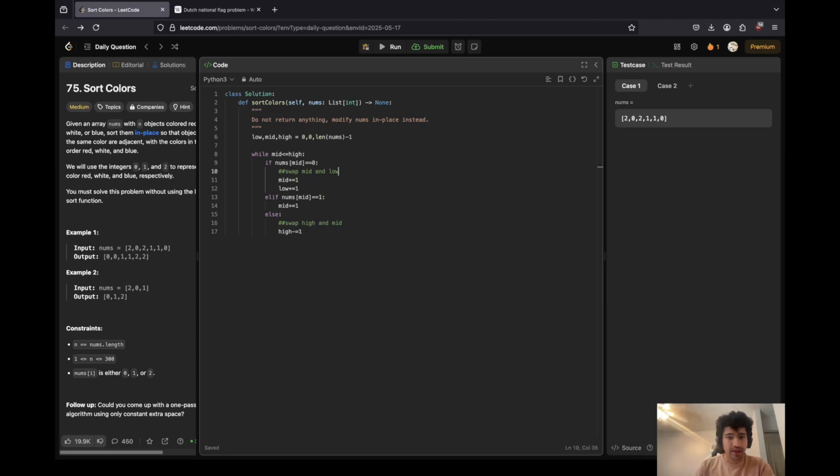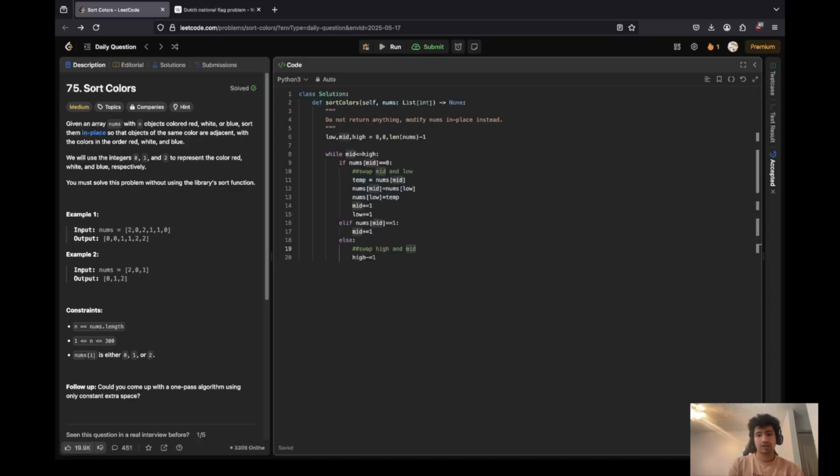We'll just quickly write this thing down. Temp, or we can use Python built-in swap, but yeah, we'll use this. Temp will be equal to nums of mid. Your nums of mid will be equal to your nums of low. Nums of low will be equal to your temp. Let us just quickly copy this and put it over here. Instead of low, we need to replace it with high. Put high over here, and yeah, this should be fine. And we'll quickly run this,